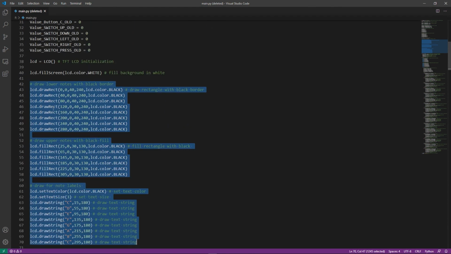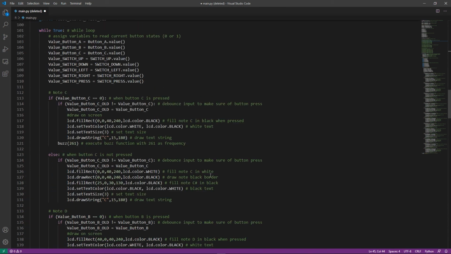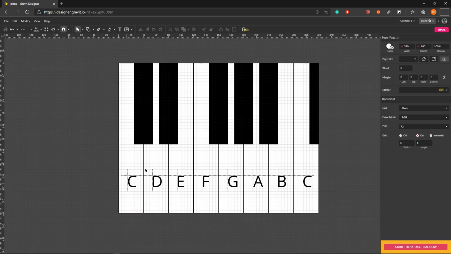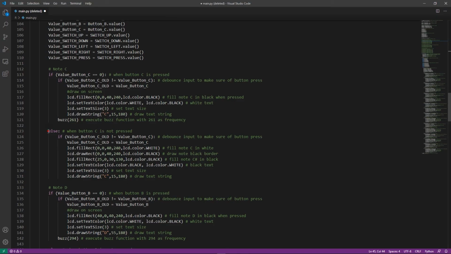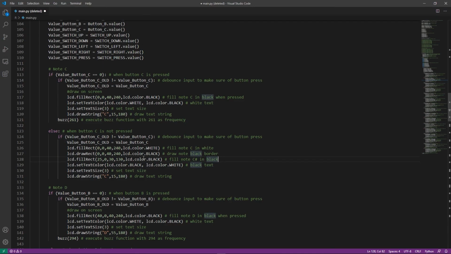And if you don't include it, it's completely fine, because for example, when we ran this while loop and when we press this button, this note C got filled in black color. So this one filled in black color, but it stays in black color until I run this else statement to make it white again. And filling in white is not just enough, it should be filled in white plus this rectangle as well. So that's why I filled the C sharp note in black color.